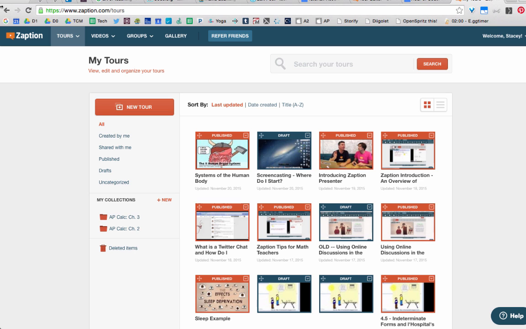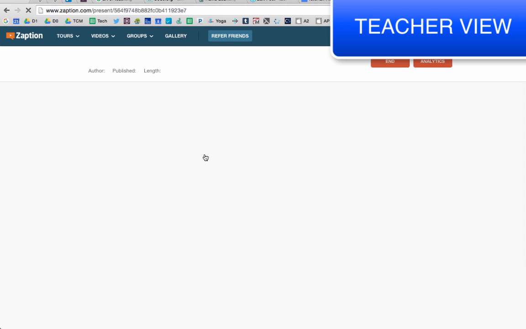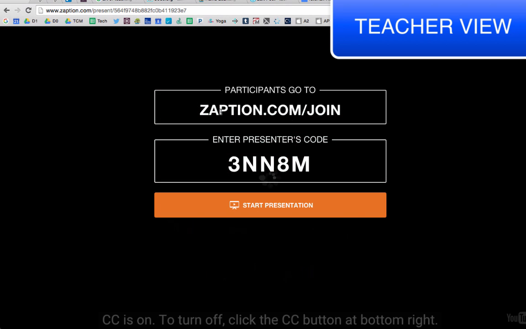The new presenter option in Zaption: you'll now see, when you hover over the tours that you've created, that you have this new present option. If I click on that, it pulls up this screen telling everybody in the classroom what they should be doing. So everybody in the classroom should be going to